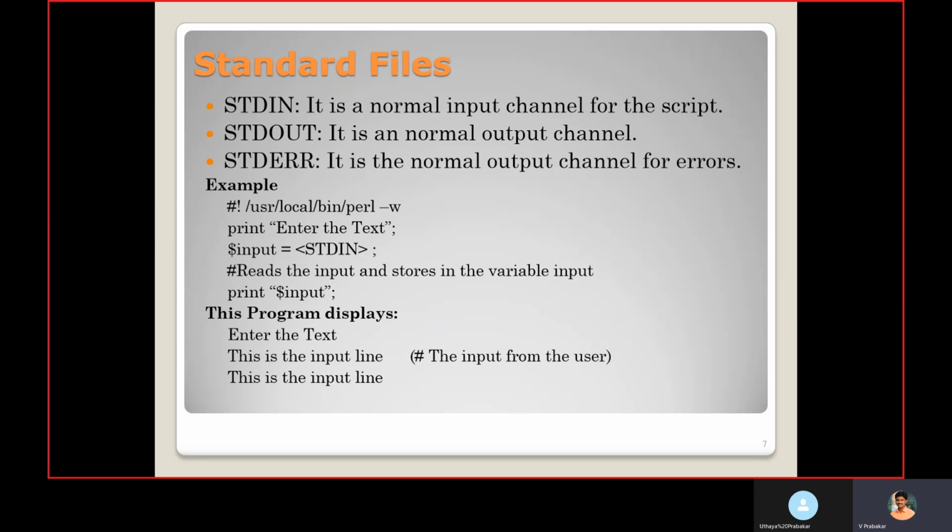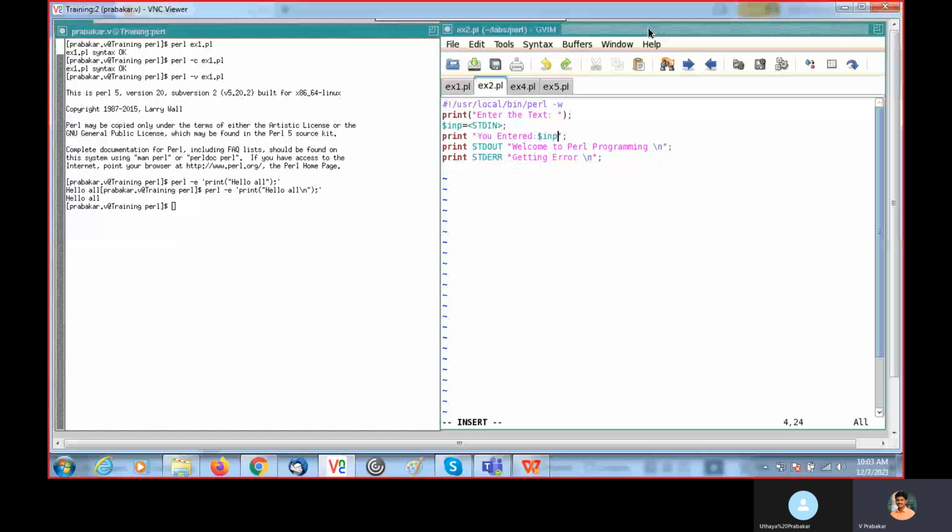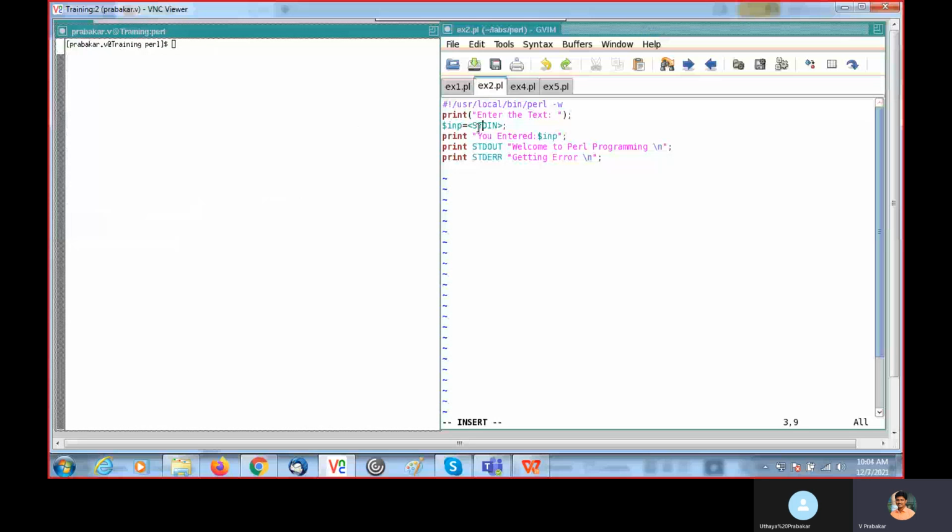In this example too, we print "enter the text". Then using STDIN, we get the user input and assign it to this input variable. You should use the dollar sign to store scalar inputs. Whatever we enter is going to be printed here: you entered that value or string.